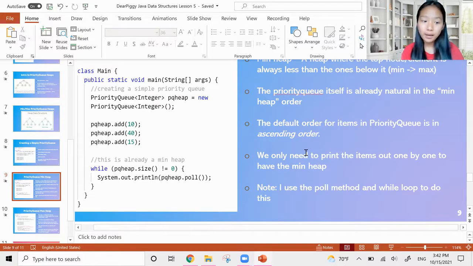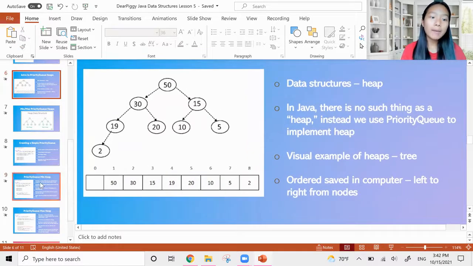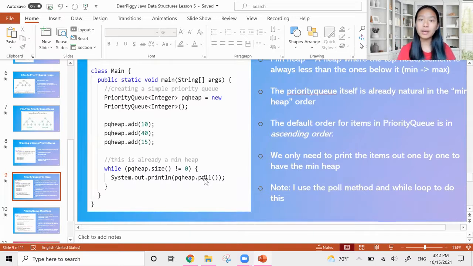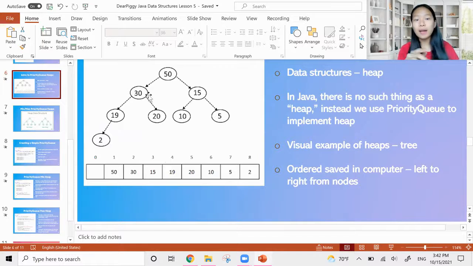And so reason being, you're going to see in a second that it has to do with the way these values are stored. I'm going to use the pull method. If you don't remember what that is, it's when we delete the last value. So it's going to take the value and delete it. You might be confused on why I'm deleting my values. Well, that's because I don't want to keep my value in the heap